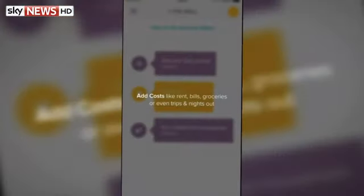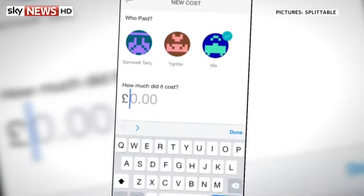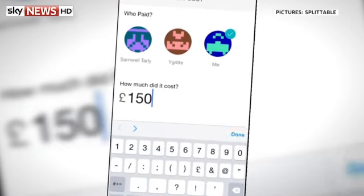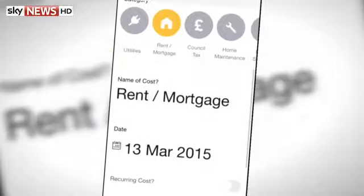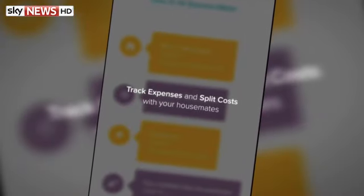An app for renters sharing flats or houses could help put an end to awkward conversations about money. Splittable lets you keep track of household expenses from gas and electricity to takeaway dinners. It adds up contributions from each user, letting you see who's paid for what, and keeps you updated with regular